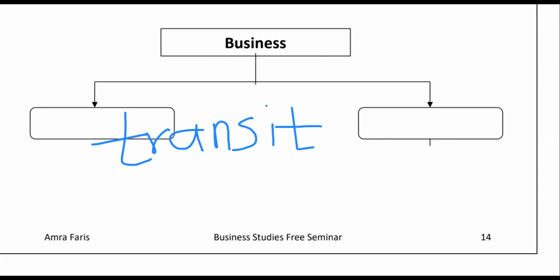I'll give a small explanation, not going very deep. So term assurance, it's like this. Let's say a person purchased an accident life cover. The accident life cover is worth 1 million, the time period is 1 year, and his premium is 10,000. Within this 1 year time period, if this person dies due to an accident, 1 million will be paid to him. If not, his premium will not be returned.